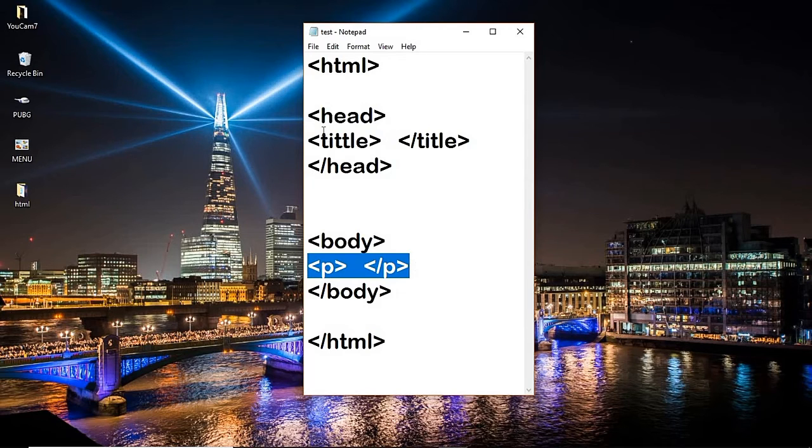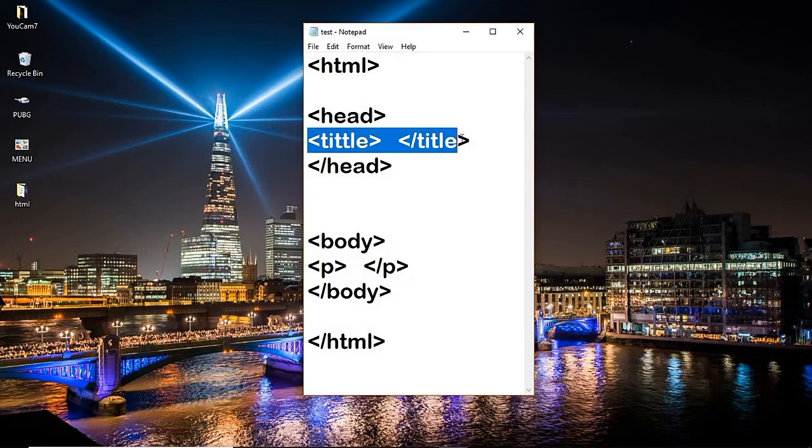And one thing we should keep in mind, और वो ये कि आपको चाइल्ड एलिमेंट को पेरेंट एलिमेंट के अंदर ही क्लोज करना है, और अगर आप इसको पेरेंट एलिमेंट के बाहर क्लोज करेंगे तो एक ग्रेट मिस्टेक होगी।